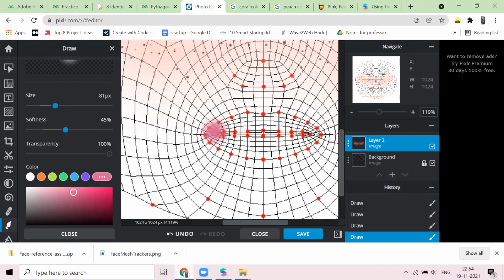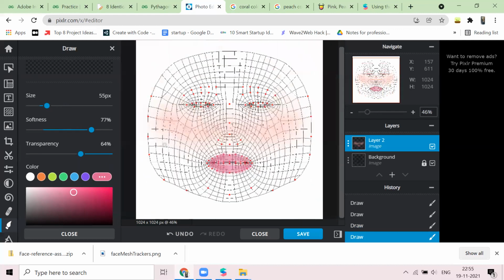Okay, थोड़ा बड़ा हो गया. And the transparency is also a little too much for me. So work within the dots if possible, and even if it's a little messy, don't worry. Filter में ज़्यादा पता नहीं चलता, but try to be as neat as possible. Okay. So that's pretty much it about the lip color.